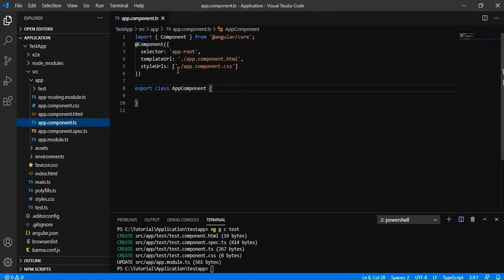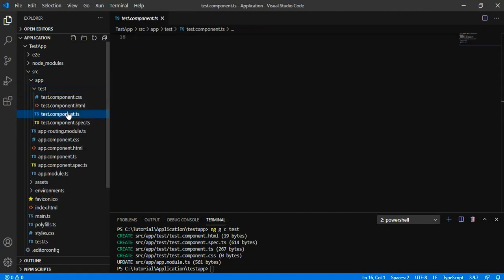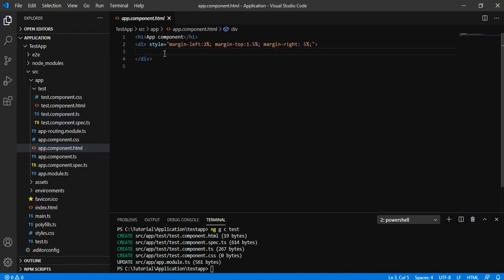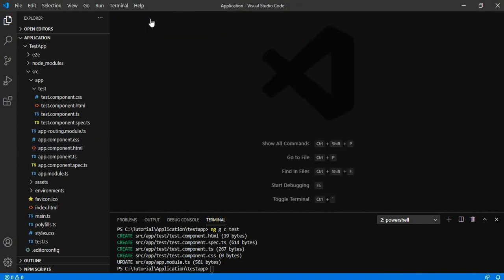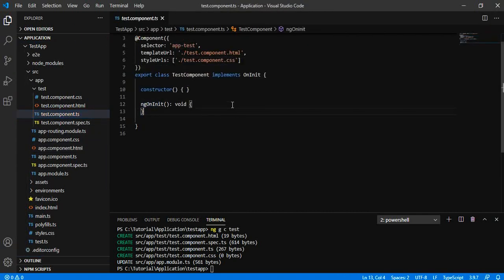So let me add this particular component inside the HTML of app.component.html. Now we will be adding the new observable and try to do something that will demonstrate how we can utilize it by creating the new observable.